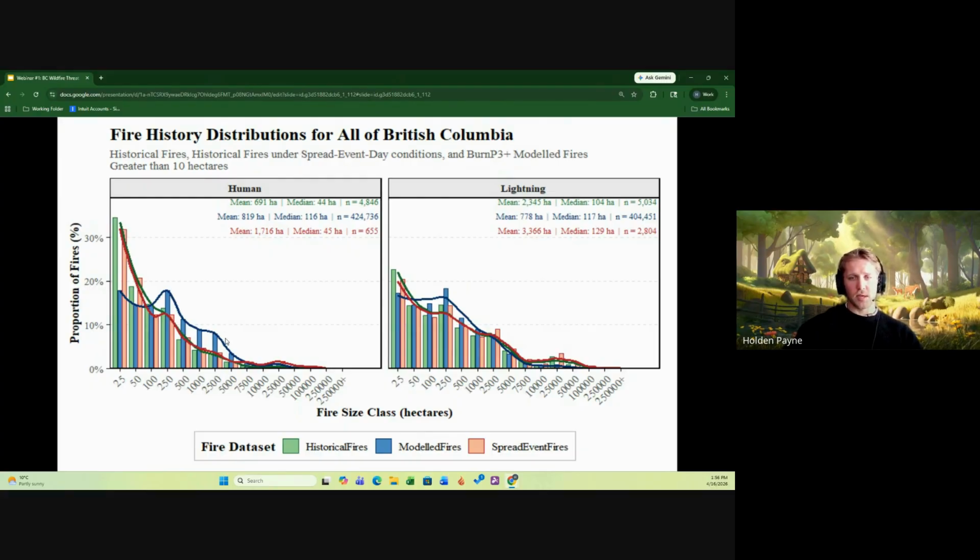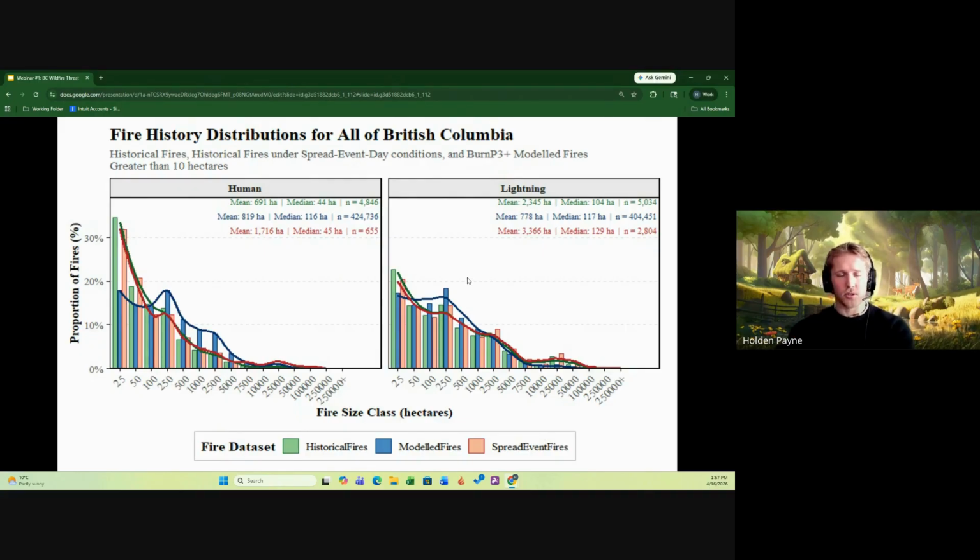These fires in real life are probably closer to settlement. They're probably happening close to the WUI, and are probably being suppressed out before they would get to that size. And so it's something the model can account for. Since that error is being sopped up by the human ignitions, it means that we're probably doing a very good job, and we're doing a much better job with lightning ignition fires.